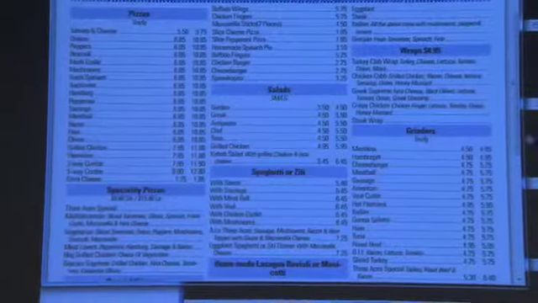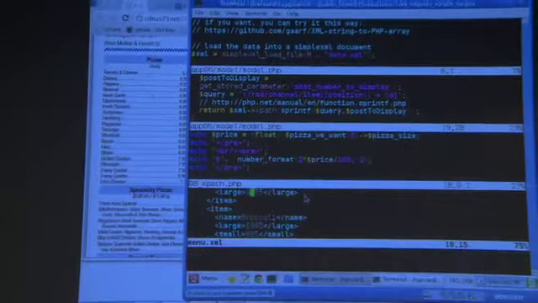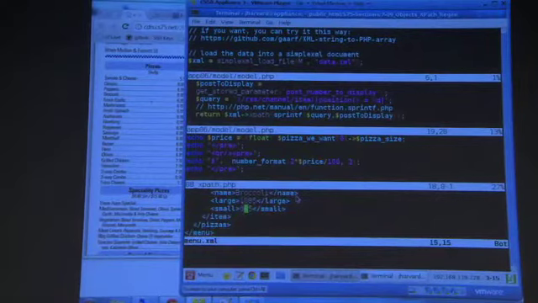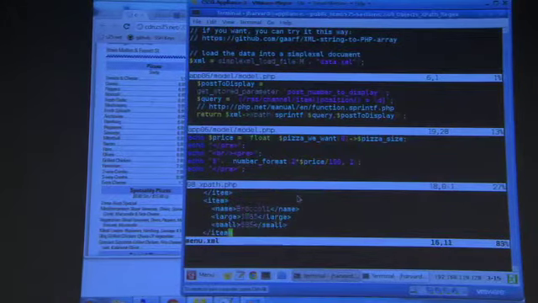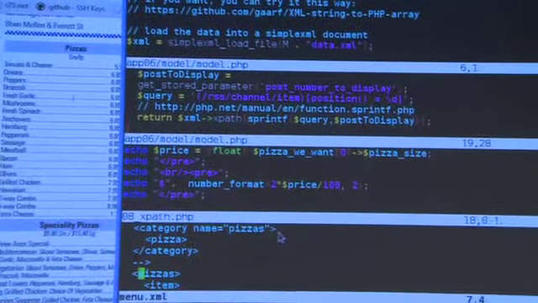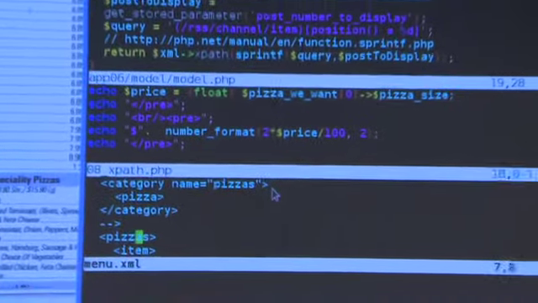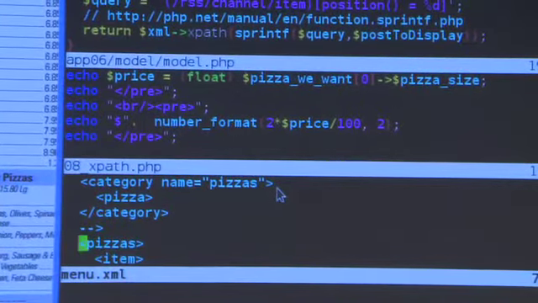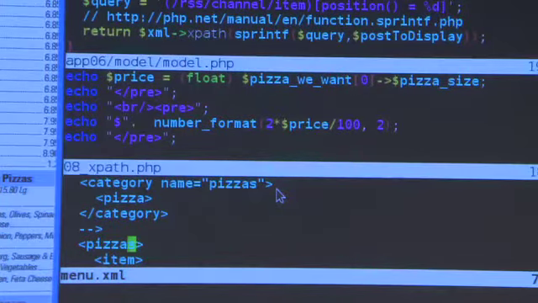In general, you're going to have to somehow create a way to display the menu, and then make a way for a user to select an item and pass a unique identifier of that item to the server. And one way that you can do that is by passing each of these parameters as Git parameters. So you could do level 1 equals pizzas,